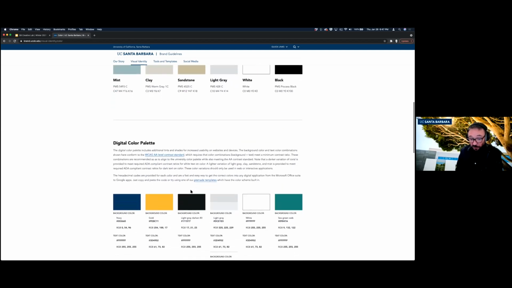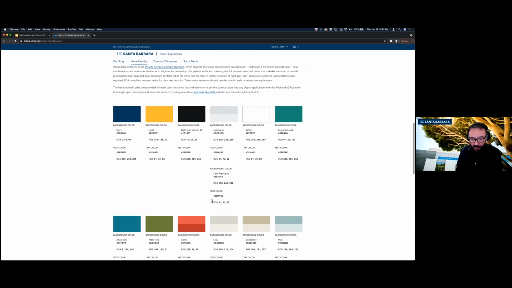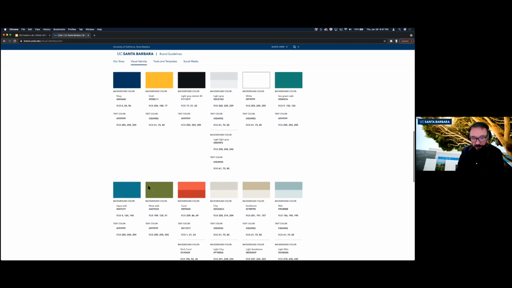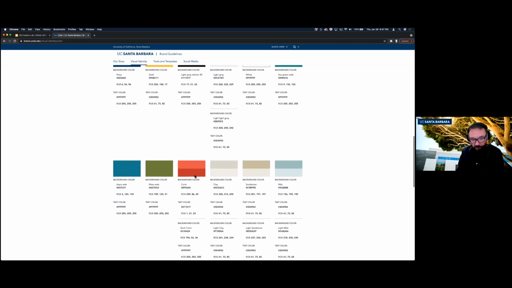We do have a digital color palette as well. One of the things that we have to be concerned with on this campus is ADA compliance for people with disabilities. And so anytime we're designing anything for the web, obviously we have to be ADA compliant with AA standard, which means there has to be a certain color contrast that we meet, that we're adding alt tags to images. There's a whole list of things, but you'll see some darker colors in here so that if you wanted to reverse type, white type on this lighter coral, it doesn't meet our accessibility standards.